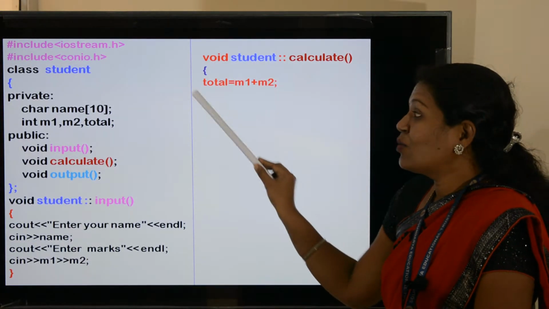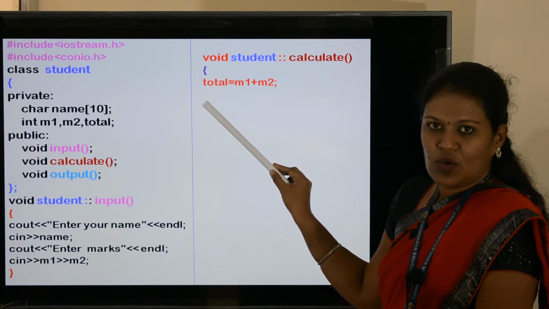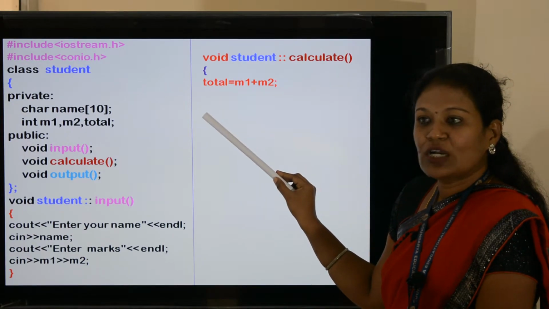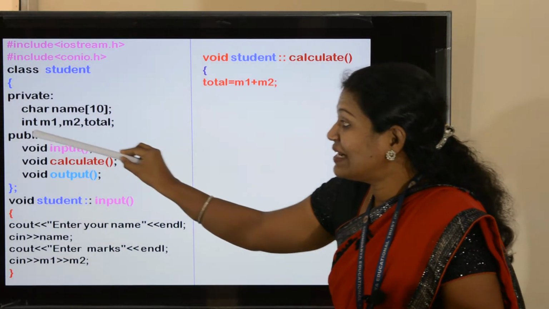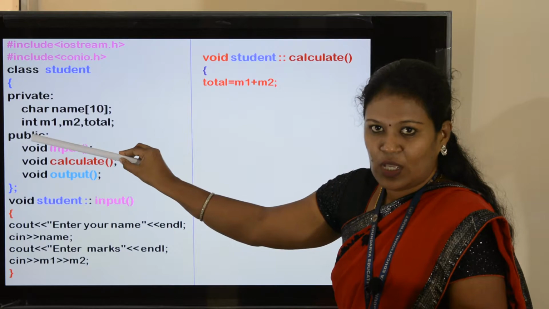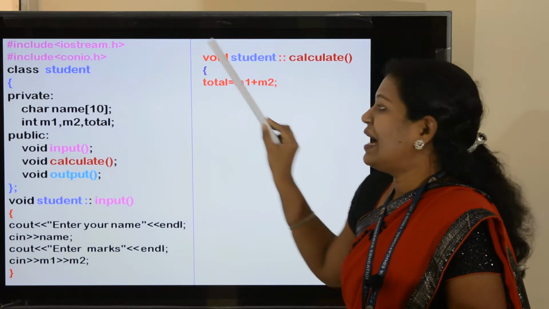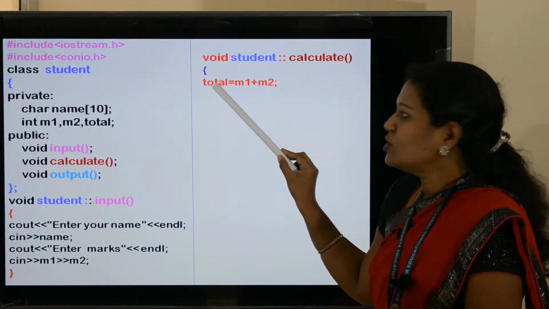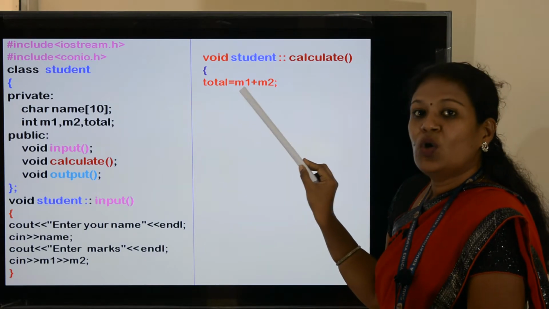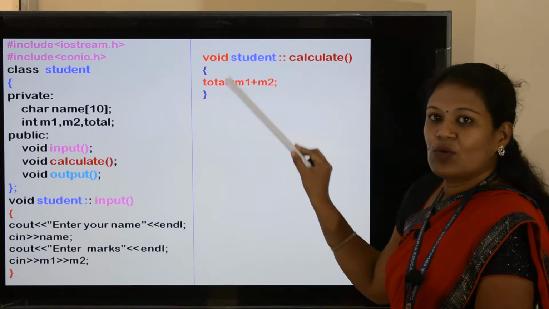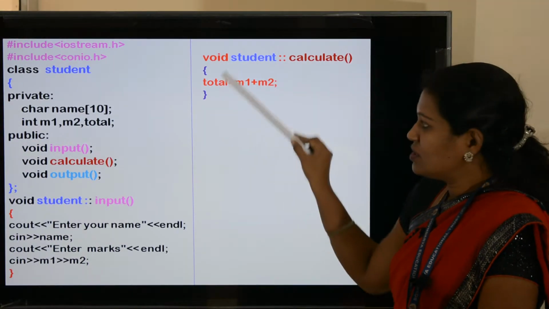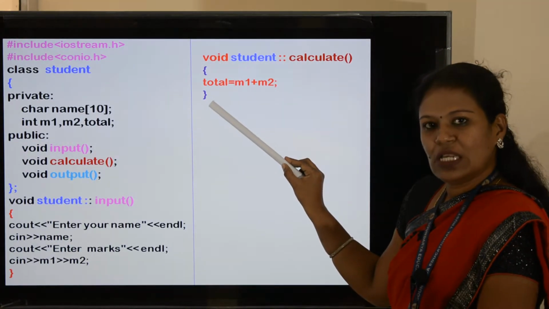We need to calculate total marks. What is the variable I gave for total marks? Total. Total is a variable of data type integer. The same variable I need to use here. So total is equal to m1 plus m2. So your calculation step is over. This flower bracket you need to close here.